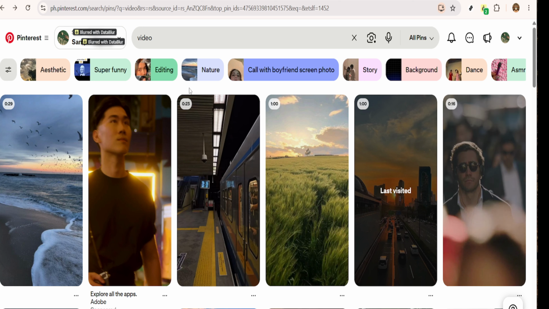In today's video, I'm going to show you how to download videos from Pinterest using a simple online video downloader. To get started, open Pinterest in your web browser and find the video pin you want to save. Click the pin to open it fully, then go to your browser's address bar and copy the complete URL for